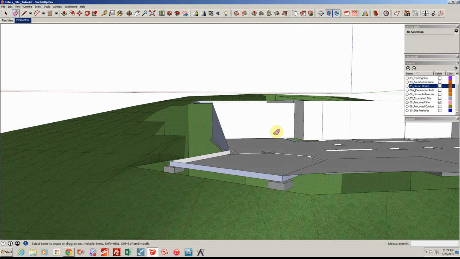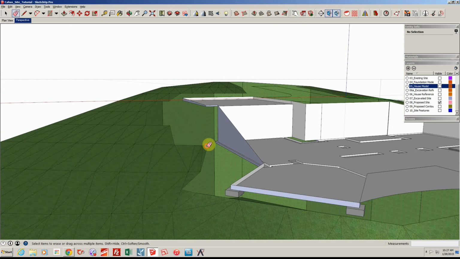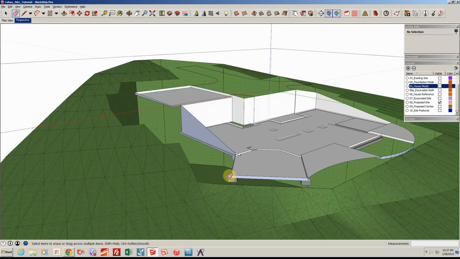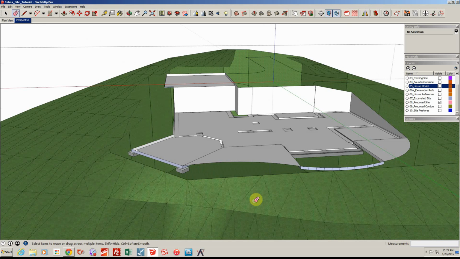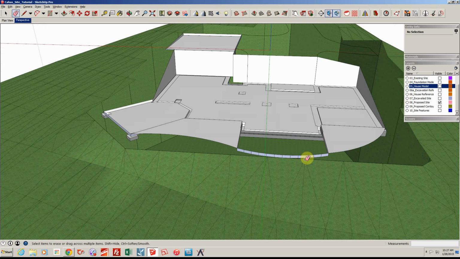So that looks like that could fit. I'm going to take just a couple more of these segments out to make it a little bit smoother. Again, remember, you're going to be choosing all these individual segments by hand, so the cleaner it is, the easier it is. In this case, I'm going to take out some of this geometry so it can build up to